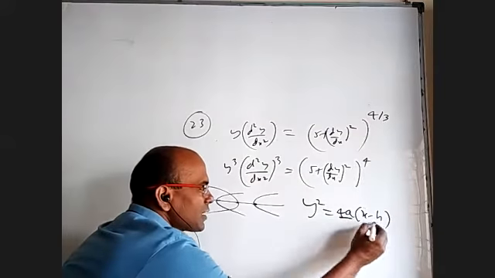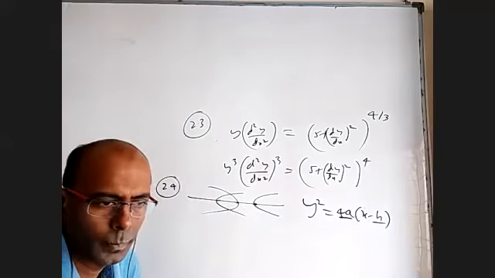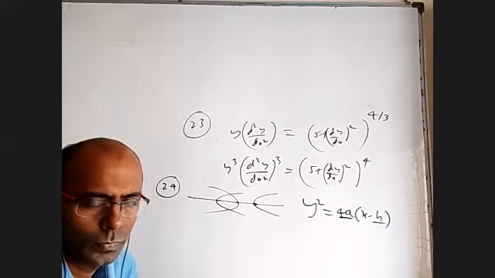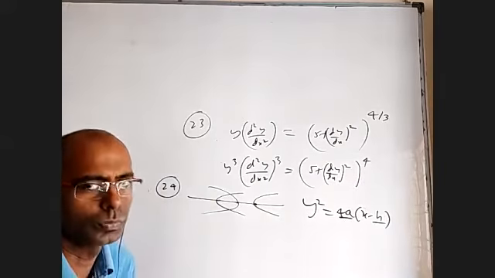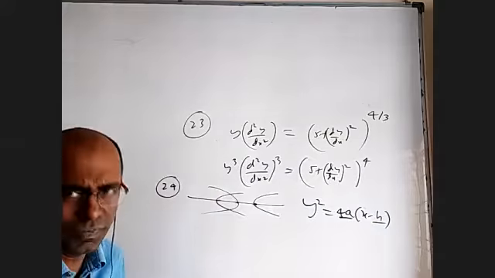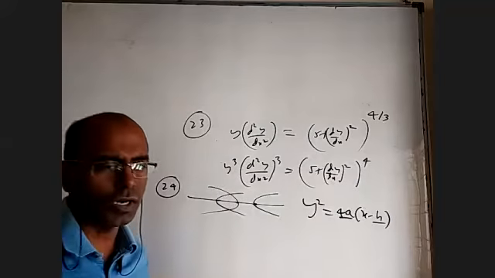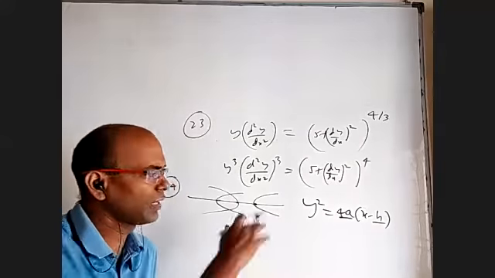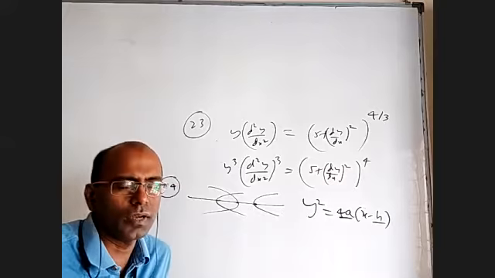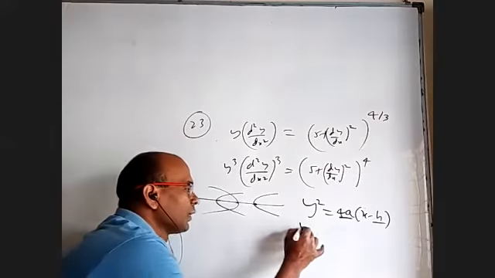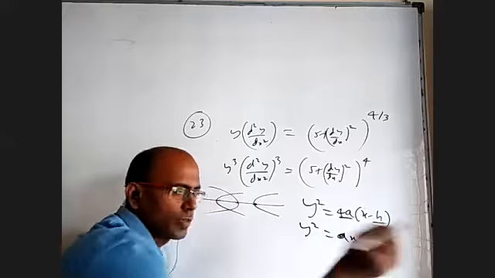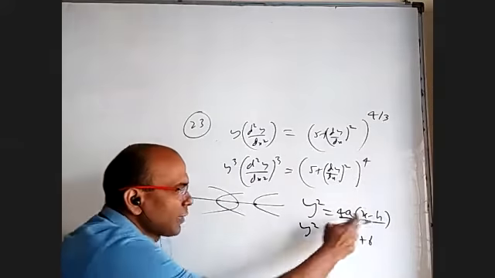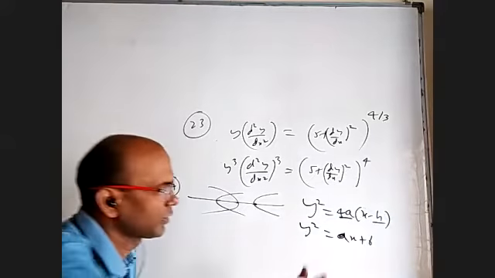How many constants does it have? Two, sir. A and h. So definitely the second order. If they asked only order, I would not have found the differential equation. I would have left it and said second order. But they want a degree also. Anyway, I can open it up and say it is some ax plus b also, nothing wrong. y square equal to ax plus b, because some x coefficient and some constant, and they're independent.